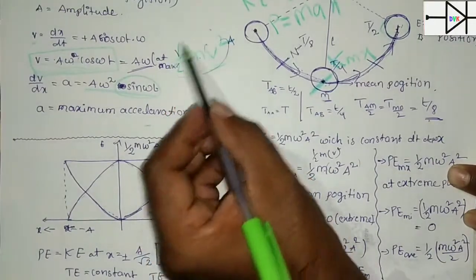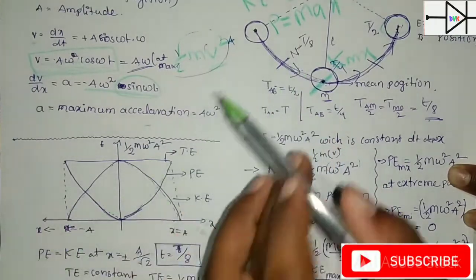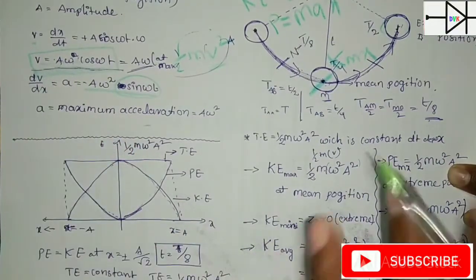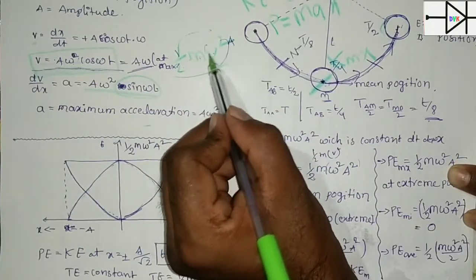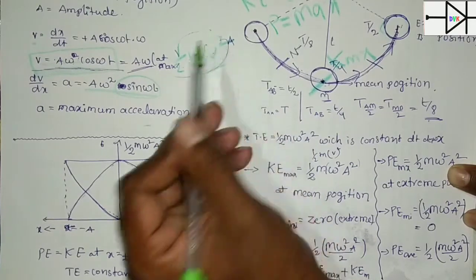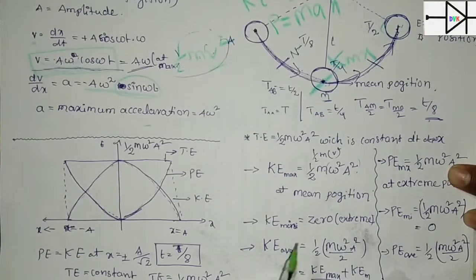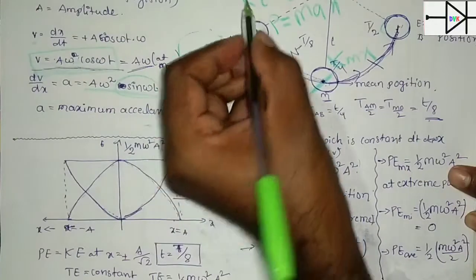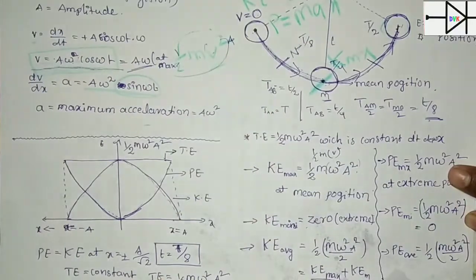We know the formula very well: kinetic energy is (1/2) m v square. M means mass, and v means, from the wave equation of SHM, a omega. Substituting this, we get (1/2) m omega square a square at the mean position. Second, kinetic energy at the extreme points: here velocity is equal to 0, and because velocity is 0, kinetic energy is also 0.